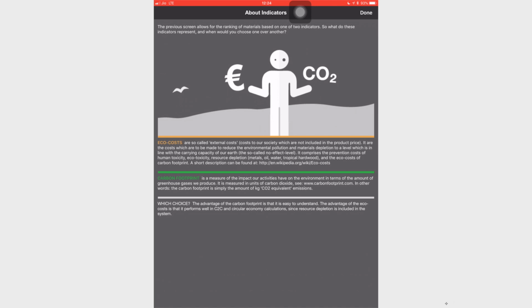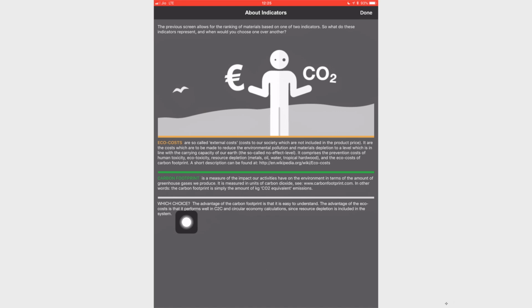So, let us have a quick recap. Eco costs are so called external costs to our society which are not included in the product price. Carbon footprint is a measure of the impact our activities have on the environment in terms of the amount of greenhouse gases we produce.